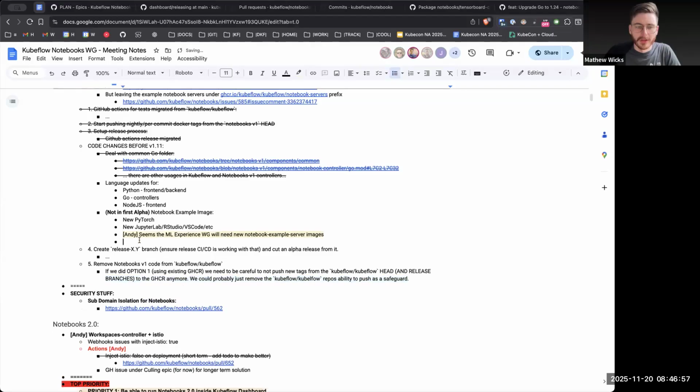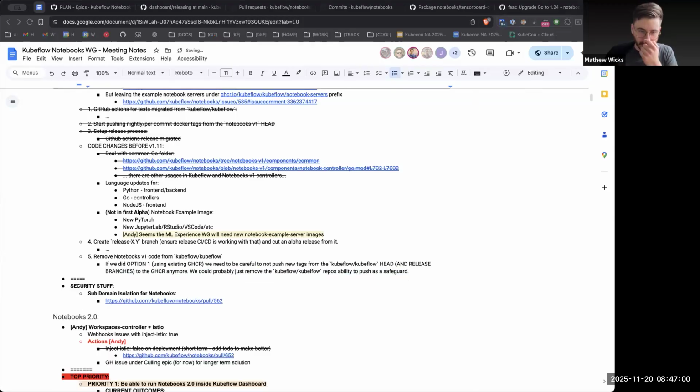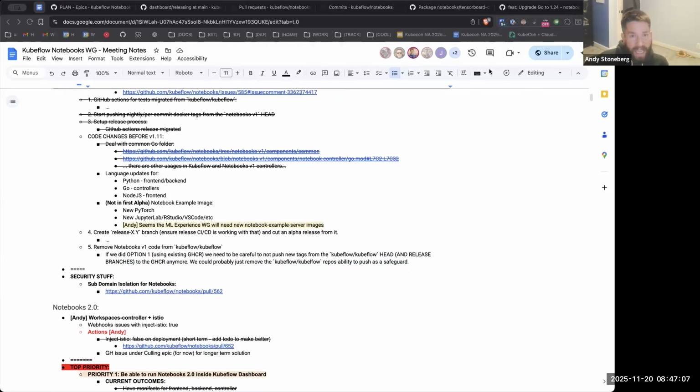Yep, exactly. So what version, can someone, Eder, can you explain what you mean, or Andy? Yeah, so because of the SDK that Andre's been talking about, we probably want to include that SDK in there. I don't know, Eder, if Kale fits into this or not, but definitely the Kubeflow SDK was the big one. This will come from the working group, who want to include the SDK by default in our images.